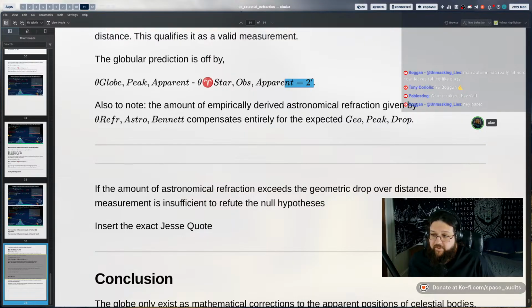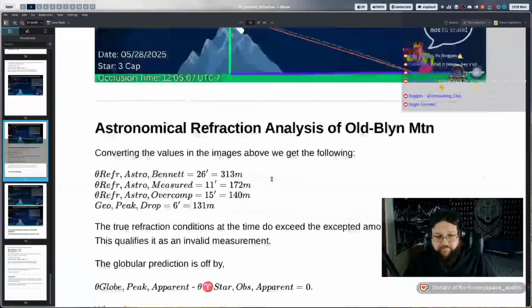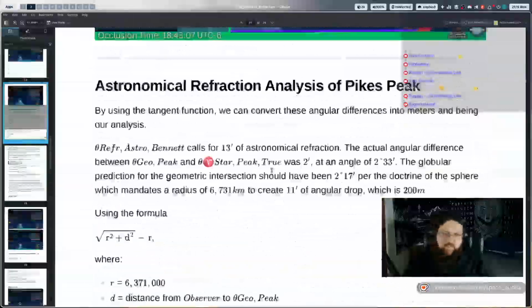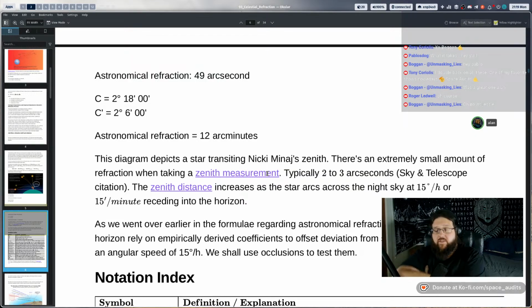All right. Unfortunately, you will have to catch up to understand the position, and your question from last week will be answered. What we just went over was that we set the parameters for terrestrial refraction being included in the measurement. And what we found through Andrew Young's research and some other citations that he mentioned is that it is not appropriate to include terrestrial refraction in the astronomical occlusions to terrestrial features. And we went over all the measurements, and we went over the timing or the angular difference between the true position of the star with respect to the peak at the time of occlusion to determine the actual refraction amount.